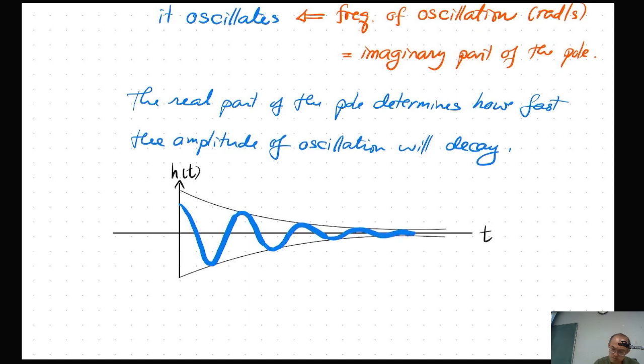This is the plot of h(t). Okay, and it starts at 0. Now, you see h(t) oscillates, right? It oscillates, and the period of oscillation,